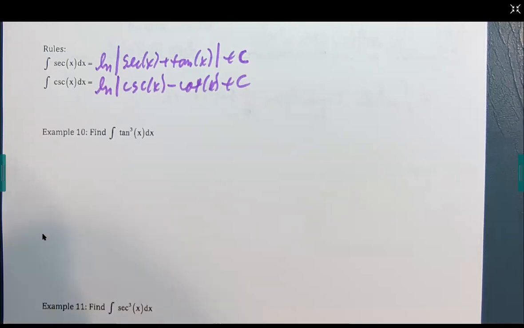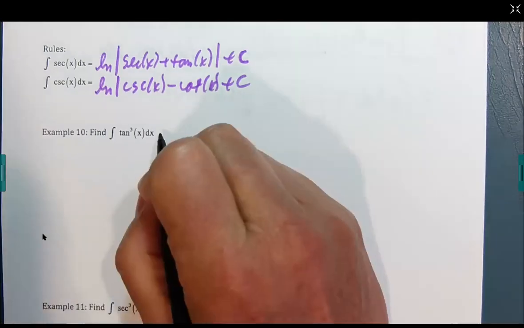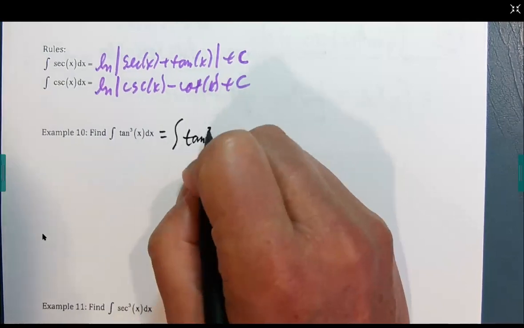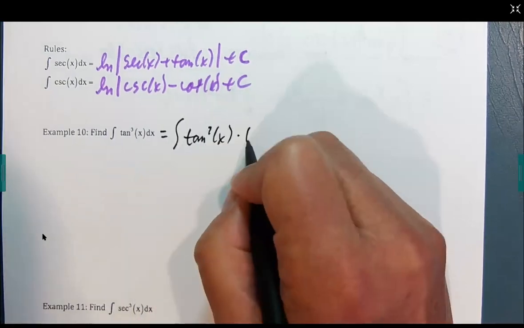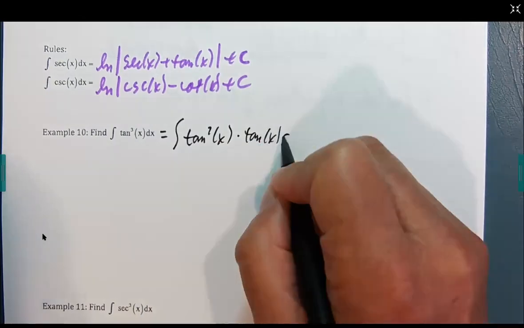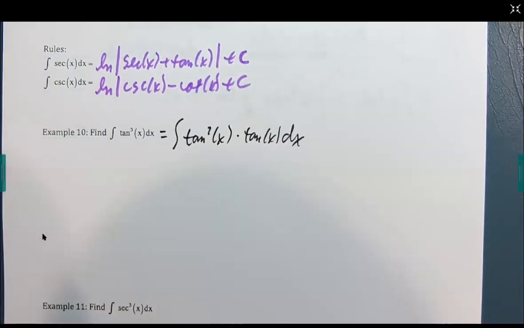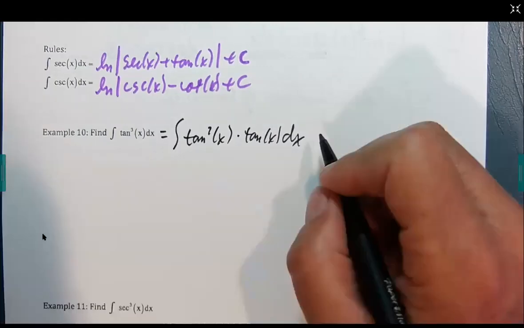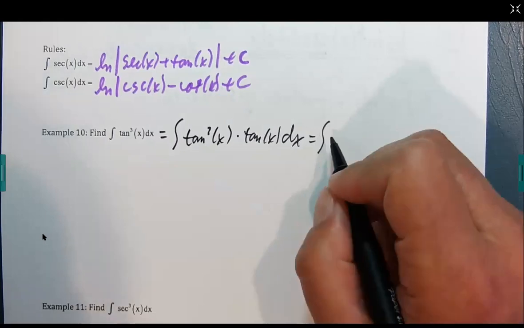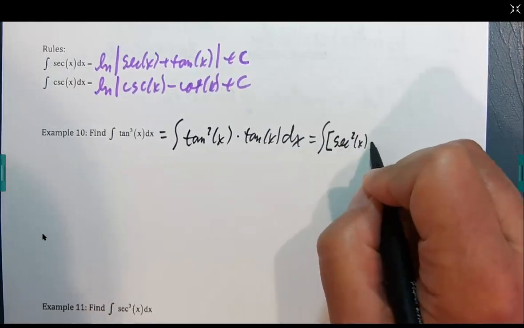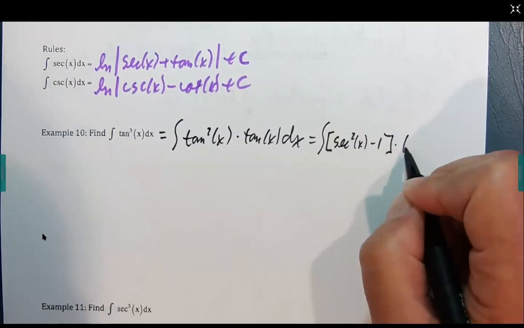Tangent cubed, I'm going to rewrite as the integral of tangent squared x times tangent x dx. Now, tangent x dx is not a derivative of anything, but what I'm going to do is, once again, use my manipulation here to rewrite tangent squared x as secant squared x minus 1, times tangent x